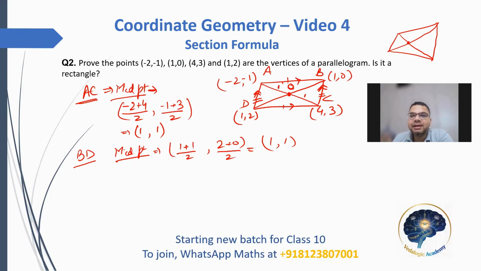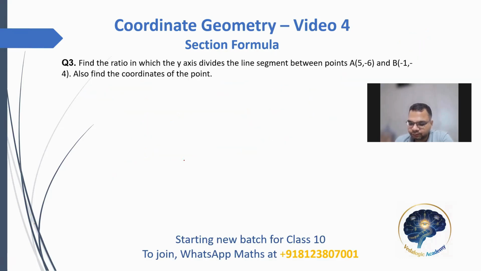But an additional thing that we have in a rectangle, which we don't have in a parallelogram, is that the diagonals are equal. So let's try to find out the length of AC and BD. If they are equal, then this parallelogram is a rectangle. So for the AC distance calculation, what we are going to do is